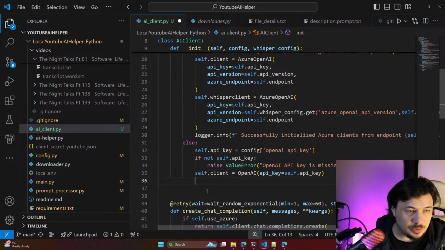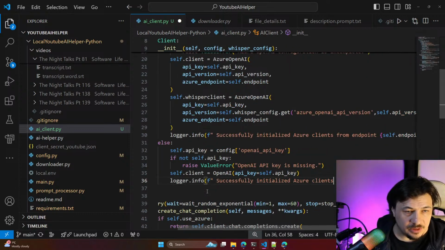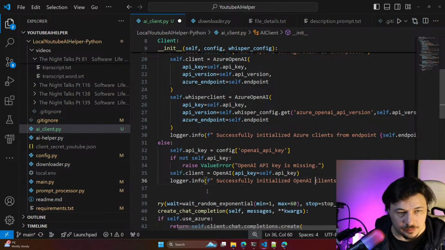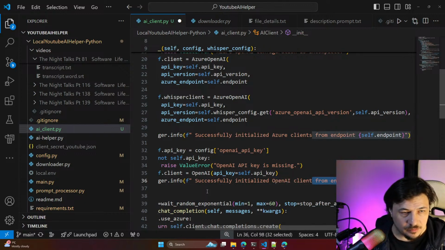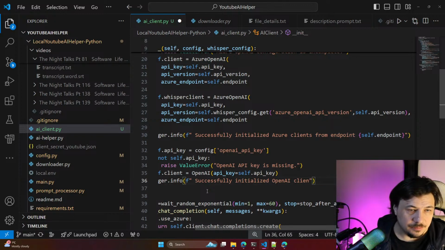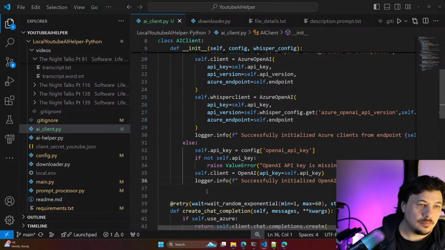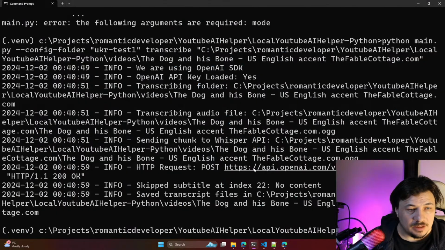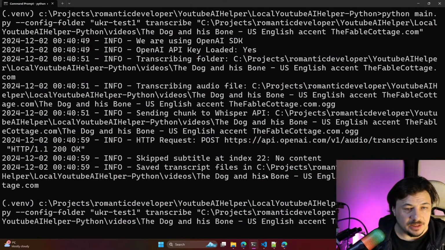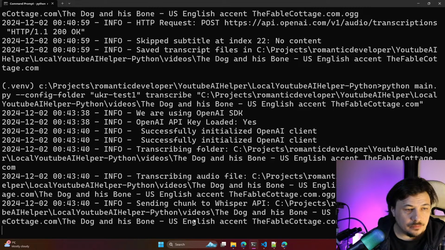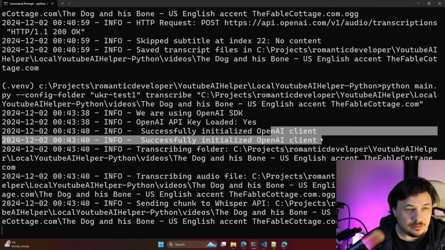And here it will be successfully initialized OpenAI client. Okay. Let's do the same test once again. So, successfully initialized OpenAI client.